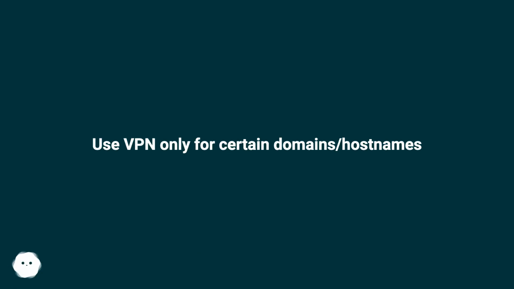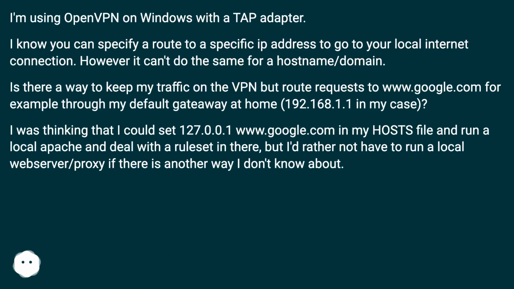Use VPN only for certain domain host names. I'm using OpenVPN on Windows with a tap adapter. I know you can specify a route to a specific IP address to go to your local internet connection. However, it can't do the same for a hostname domain. Is there a way to keep my traffic on the VPN but route requests to www.google.com, for example, through my default gateway at home,